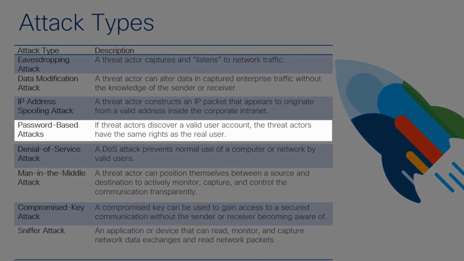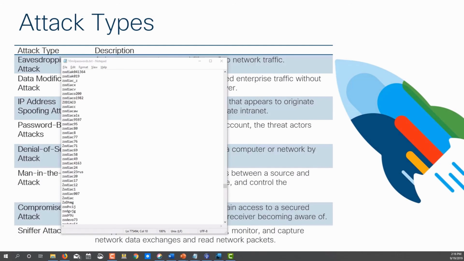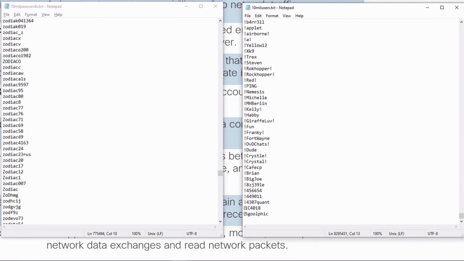Password-based attacks, anybody can do this. There are tons of tools out there. But if a threat actor can discover a valid user account, then they can have the same rights as a real user, and they can then try to escalate their privileges. Now, one example of a password-based attack would be having password and username lists and using these lists with a tool. For example, there's a tool known as THC Hydra, and you could take a username list and a password list,